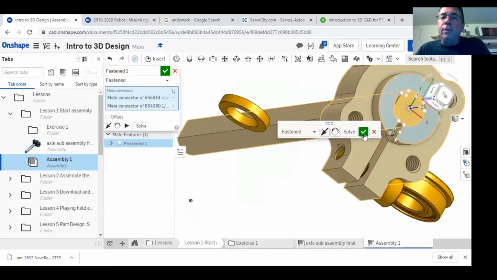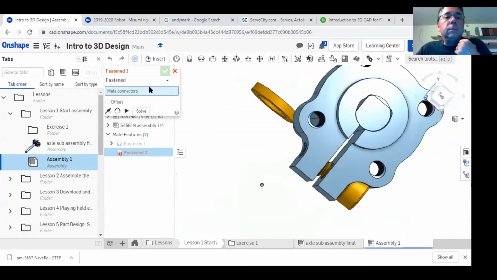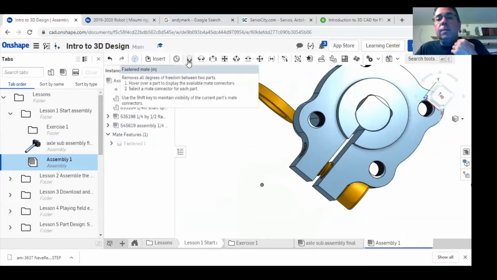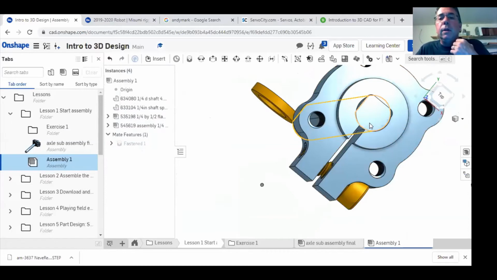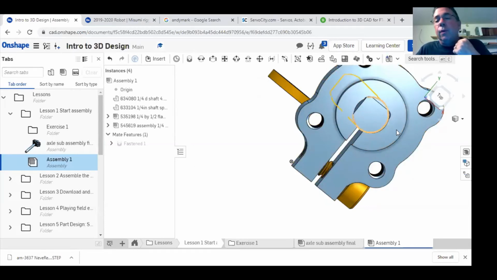Then you have linear fasten mates, so you can replicate linear motion. So what I'm doing here is I'm using a fasten mate to just glue a D hub onto an end of a D shaft. They're Actobotics parts, and I should have pointed out to you that because we have that D flat,